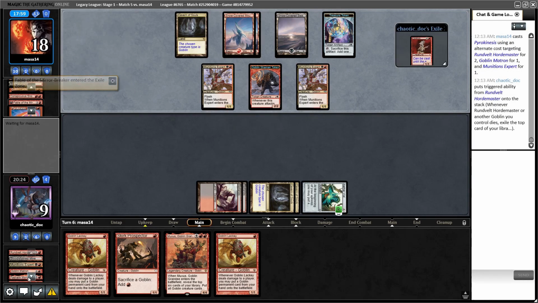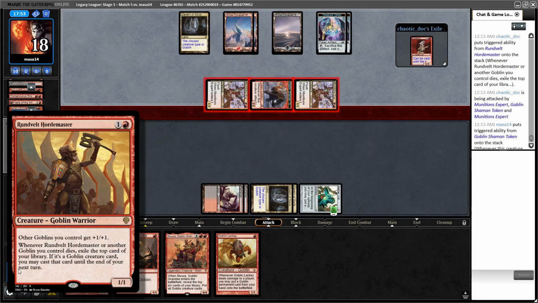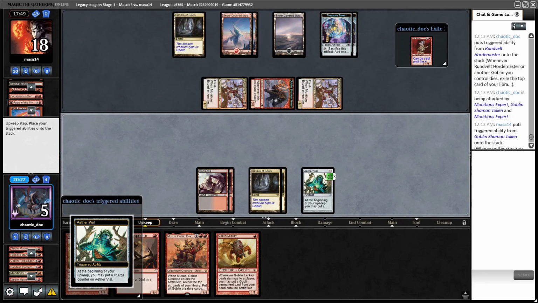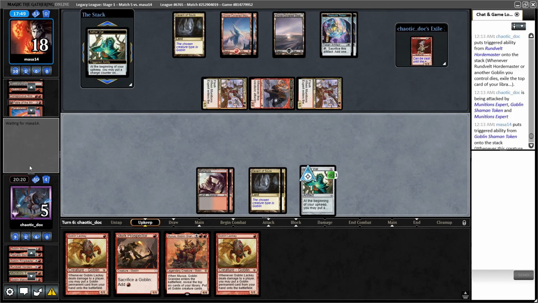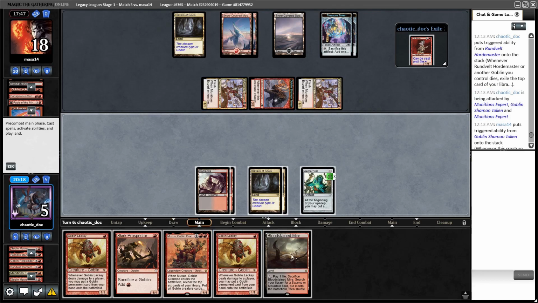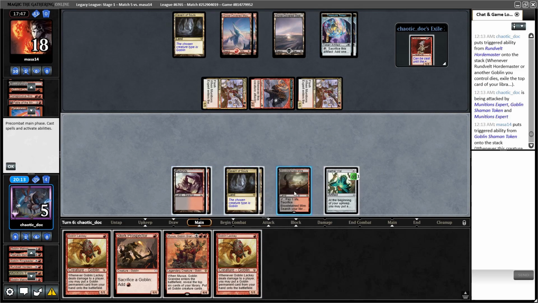Yeah. Is that bugged? Whenever it or another goblin you control dies, exile the top card of your library. Why is it not doing it multiple times? Okay. Do we do this? No. Draw. Oh, maybe we just didn't hit enough guys. If we had ticked that up, we could have got...